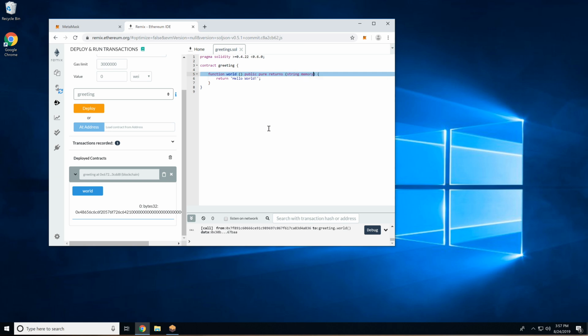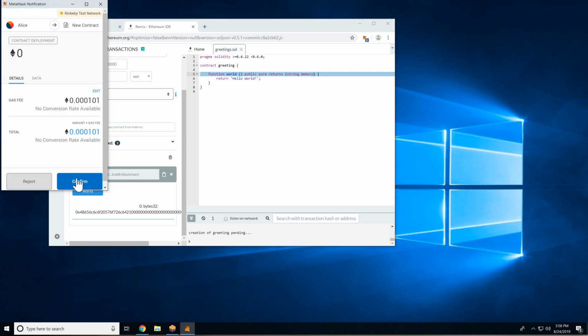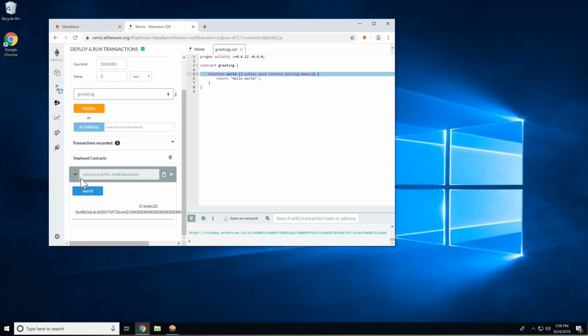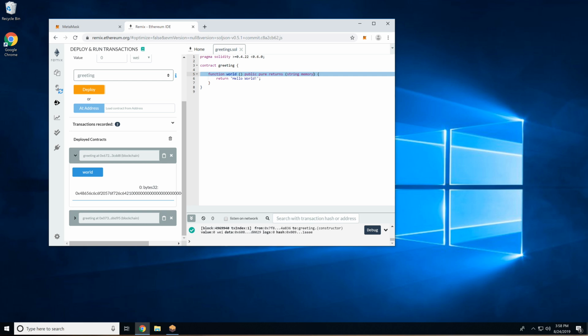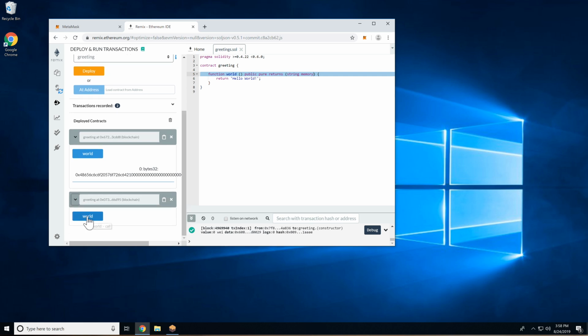Now, because the blockchain is append only, we cannot change the earlier contract. We have to deploy a new one. So that is what I'm going to do here. I'm going to click on deploy once more. I'll have to confirm the deployment once again. And now we'll wait. And that contract has come through now. I'm going to go ahead and expand to see the methods. I'm now going to click on